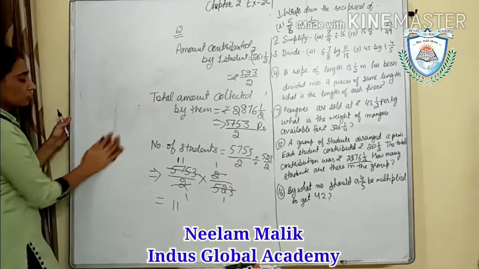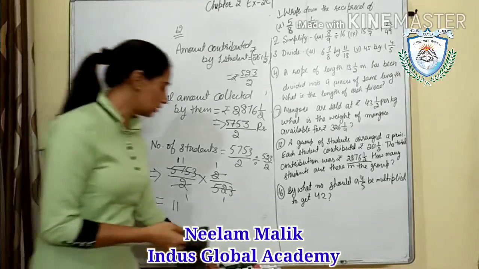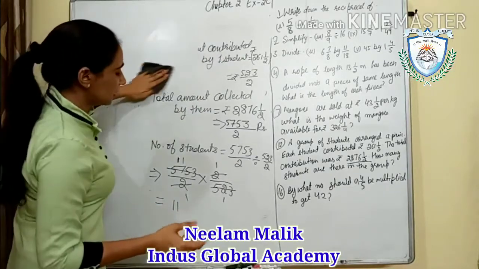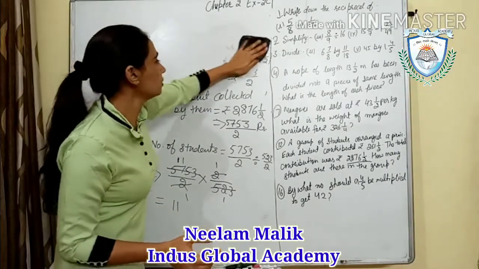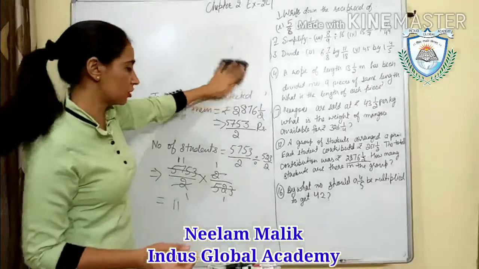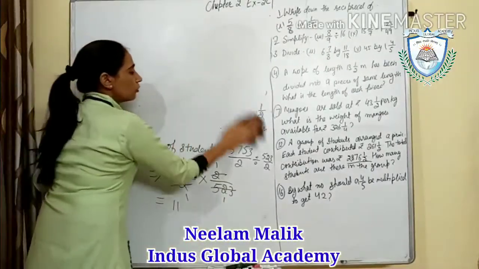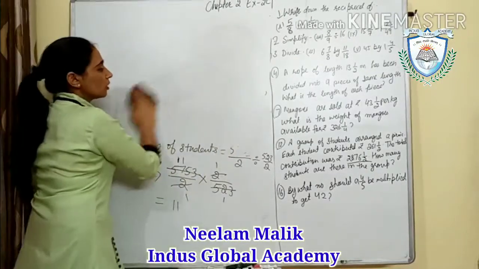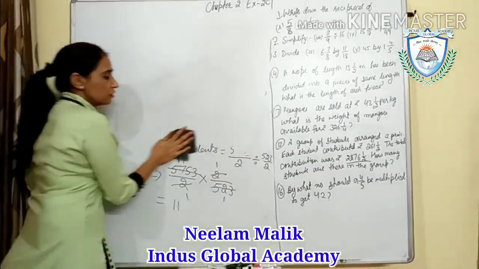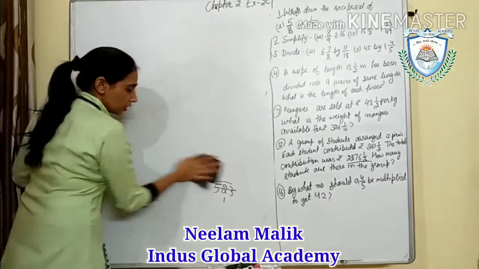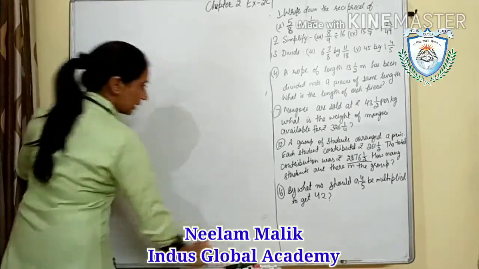Okay. Now the question number 30. In the question number 30, that is a very small question, and question number 16 and 17 both are same. So I am doing one here. In all the sums you have to do here division. So please don't get confused in that. Read the statement carefully and then do.